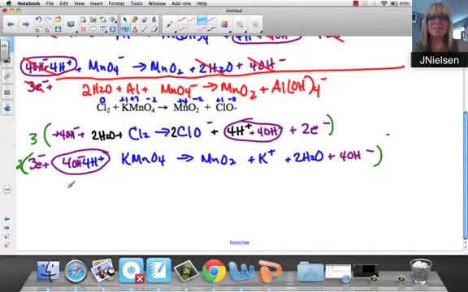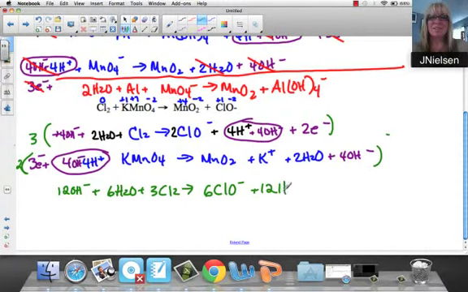So that means now I'm going to have 12 OH minus plus 6 H2O plus 3 Cl2 going to 6 ClO minus plus, this is 4 waters times 3 is 12 H2O plus 6 electrons. And my other reaction is going to be 6 electrons plus 4 waters times 2 is 8 waters